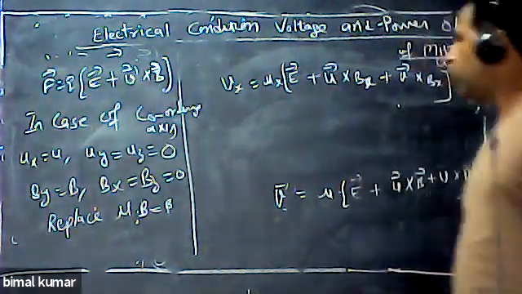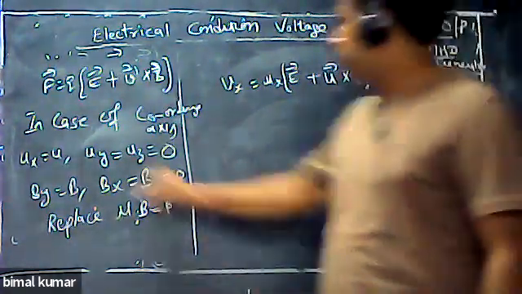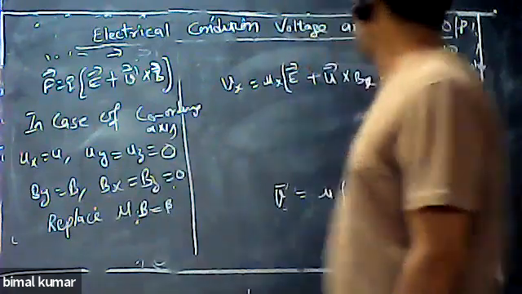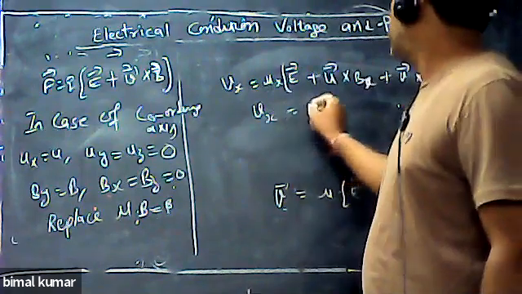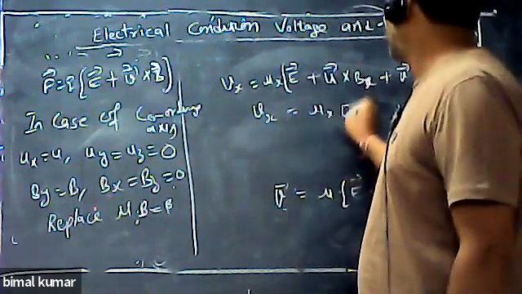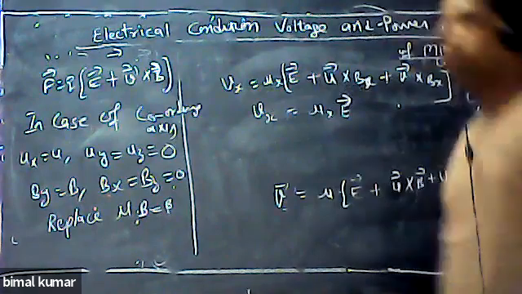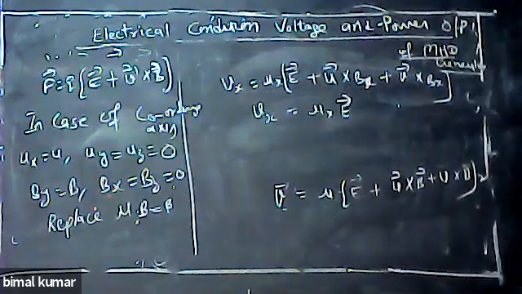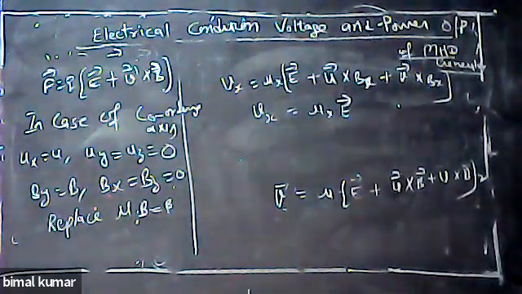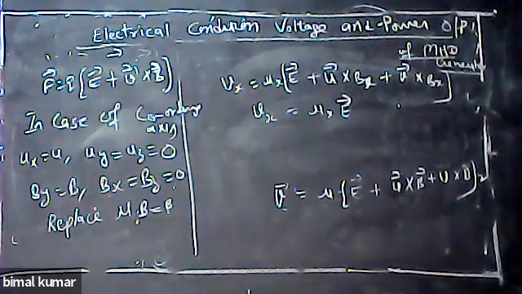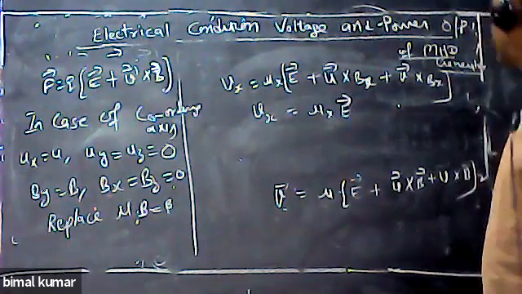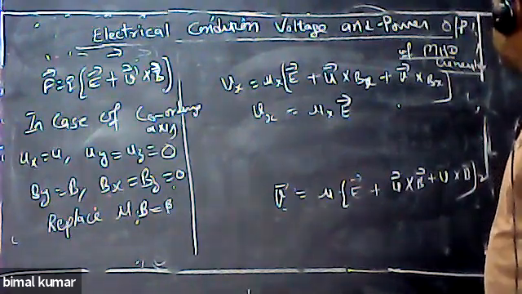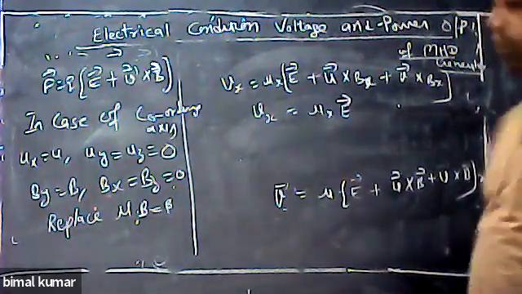Here we know that from this part Bx is equal to 0. So you will get Vx is equal to mu x into E. Then after that,